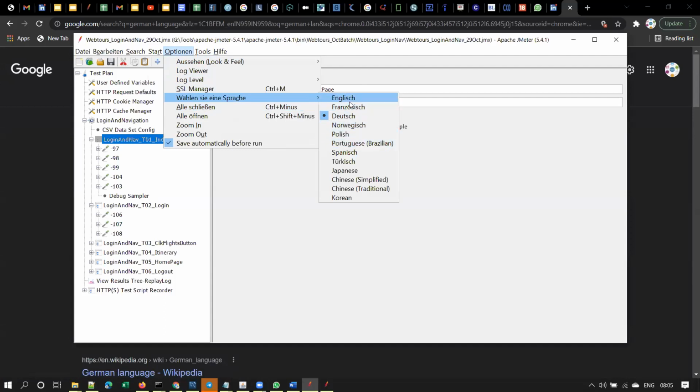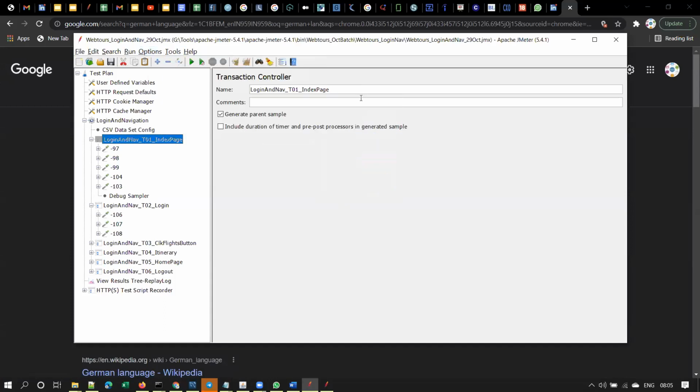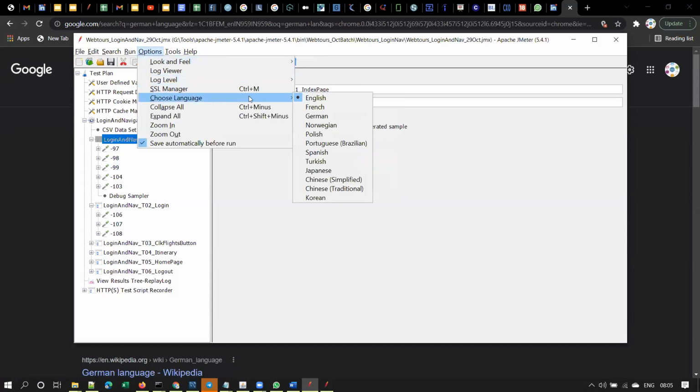You see the different languages supported by JMeter: English, French, and it supports Chinese, Korean, and so on. Let me show you one more time. These are the different languages supported by JMeter: English, French, German, Norwegian, Polish, Portuguese, Spanish, Turkish, Japanese, Chinese, and Korean.